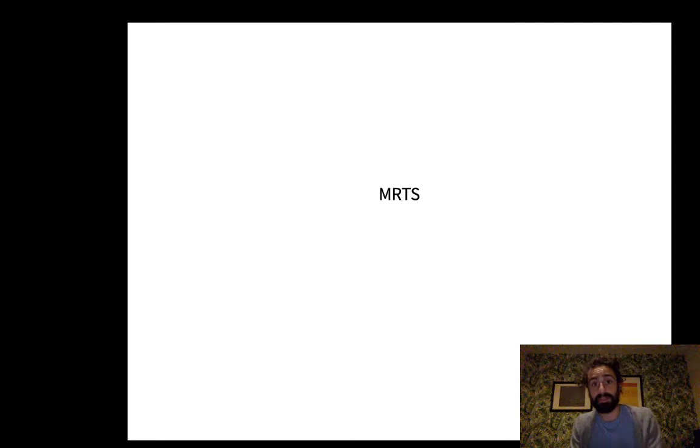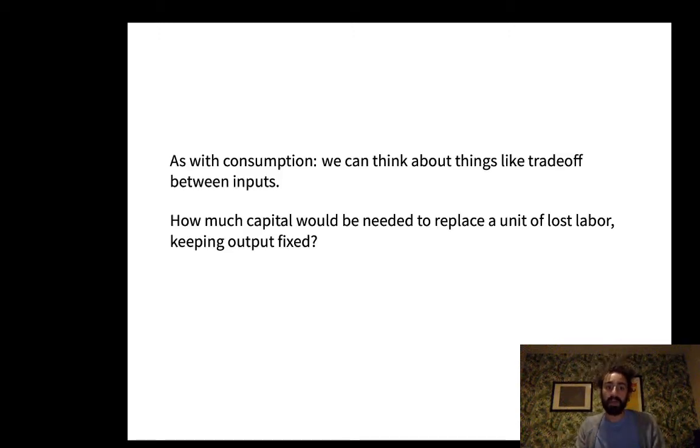There's really nothing conceptually difficult here. It's just applying the ideas we've already come up with to production instead of consumption. So before, in the consumption world, we thought about how a relative change in the consumption of different goods, the trade-off between goods, affected utility. And in particular, we asked, if you want to keep the utility level the same and you just change the consumption of X by a tiny bit, what is the proportional change in Y that keeps you, the consumer, equally well off? Well, we can just replace goods with inputs and equally well off with equal production,